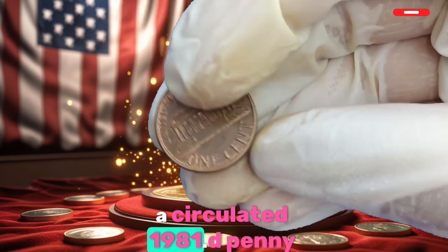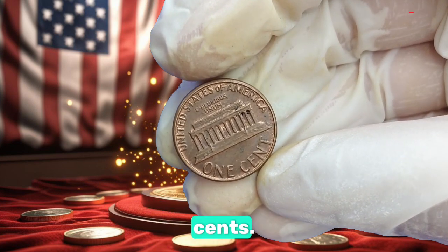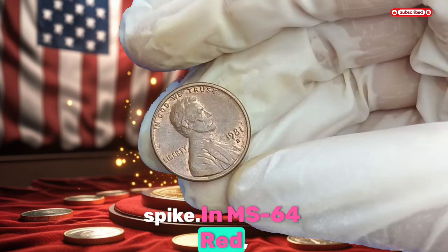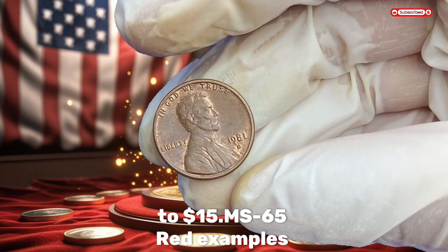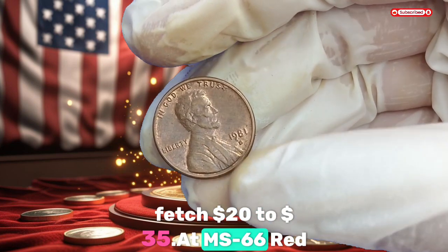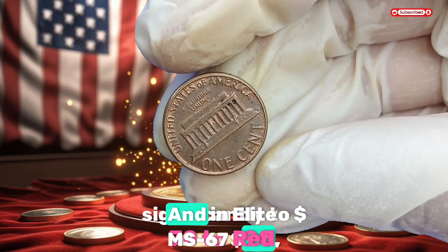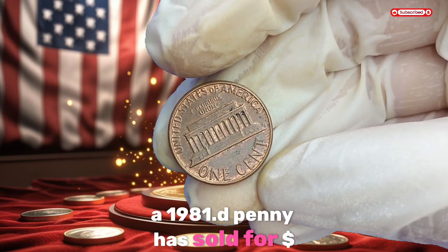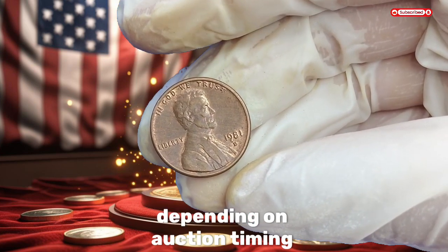A circulated 1981 D penny has little to no added value, typically just 1 to 2 cents. Maybe 3 if copper prices spike. In MS 64 red, the price jumps to around $10 to $15. MS 65 red examples often fetch $20 to $35. At MS 66 red, the value increases significantly to $70 to $90. And in elite MS 67 red, a 1981 D penny has sold for $450 to $700, depending on auction timing